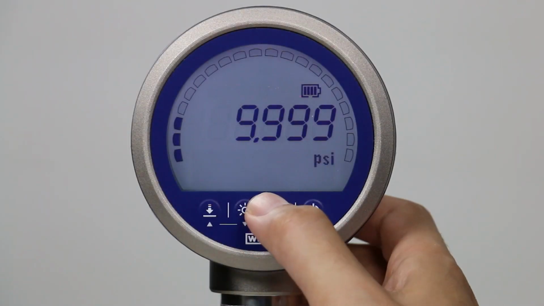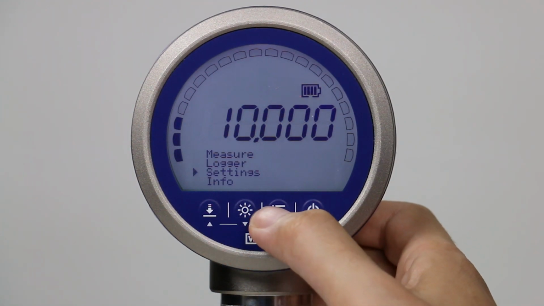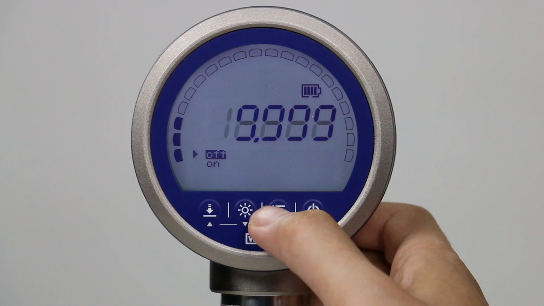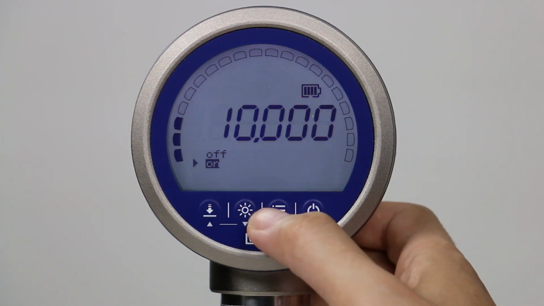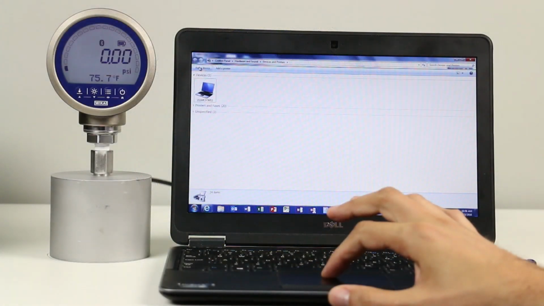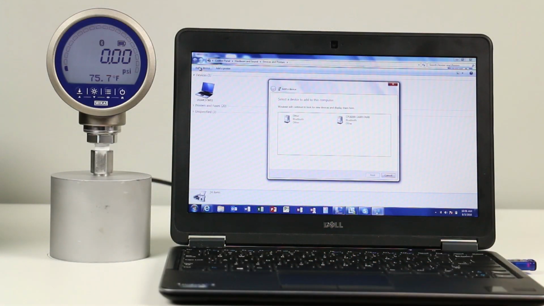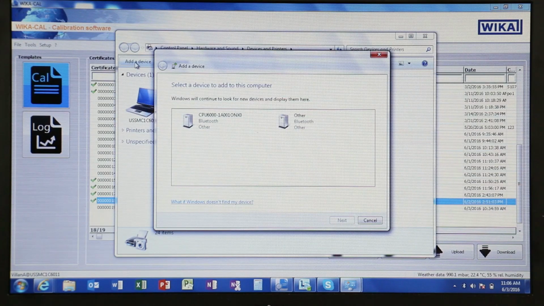To pair the device with a laptop, the first step is to turn on the wireless function in Basic Settings, Wireless. By choosing Add a Device on the Devices and Printers Windows menu, the laptop will recognize the CPG 1500 and show the serial number.